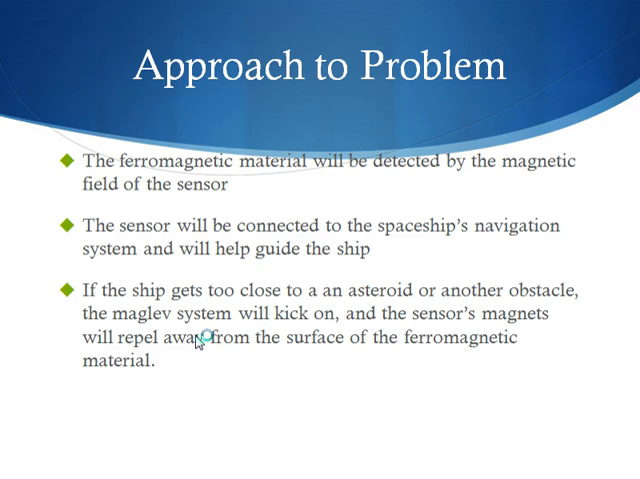Okay, so the ferromagnetic material, which is basically a fancy word for magnetic, will be detected by the magnetic field of the sensor. The sensor will be connected to the spaceship's navigation system and will help guide the ship to avoid a collision. And of course, if the ship gets too close to an asteroid or another obstacle, the maglev system, that is magnetic levitation, will kick on, and the sensor's magnets will repel away from the surface of the ferromagnetic material. Of course, these magnets will have to be very strong in order to repel